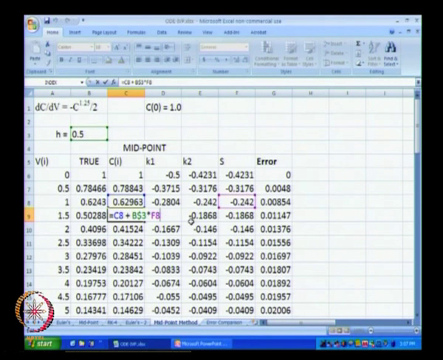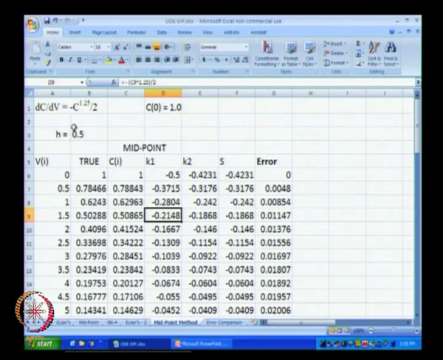So, Ci plus 1 is nothing but Ci plus h multiplied by S. K1 should be minus C to the power 1.25 divided by 2. So, that is minus C to the power 1.25 divided by 2. Our K2 should be minus half multiplied by C plus h by 2 multiplied by K1, the whole thing to the power 1.25.